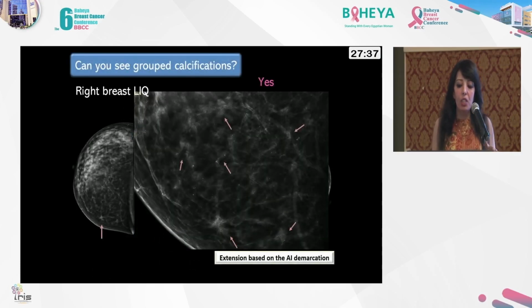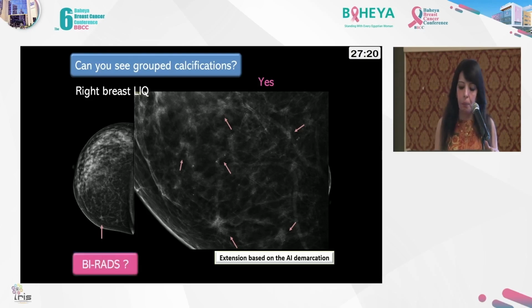I get the magnification and find this constellation. It's like the stars, a track of the stars like the Big Bear. And then the clusters are multi-centric. A mass could be established here in the lower inner quadrant, but there are some clusters scattered with apparently normal tissue in between. For me, of course, it's BI-RADS 4, and I am definitely going along with the AI probability of